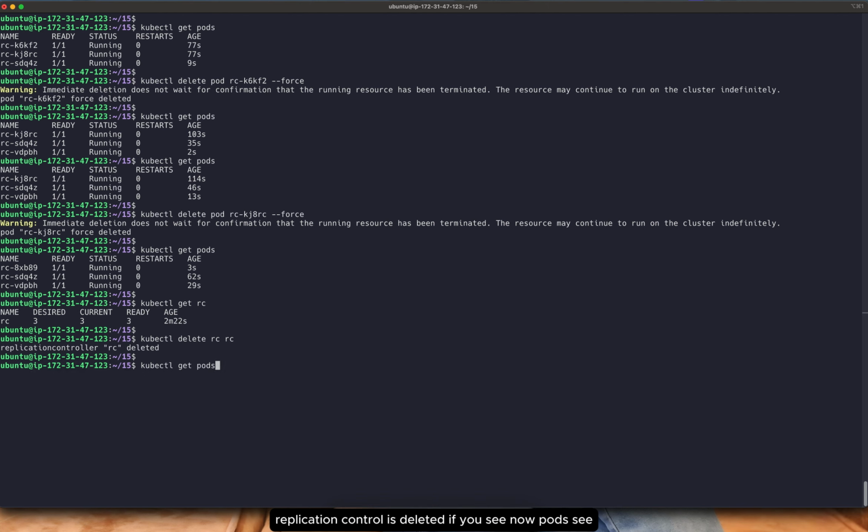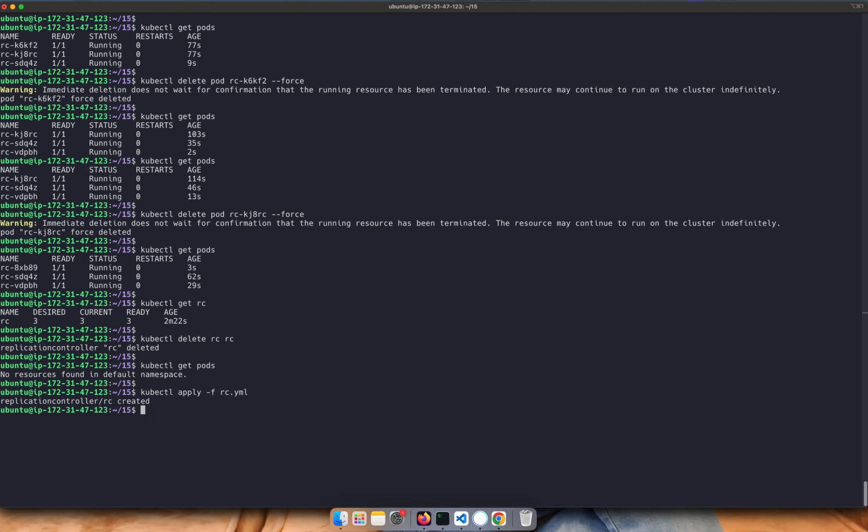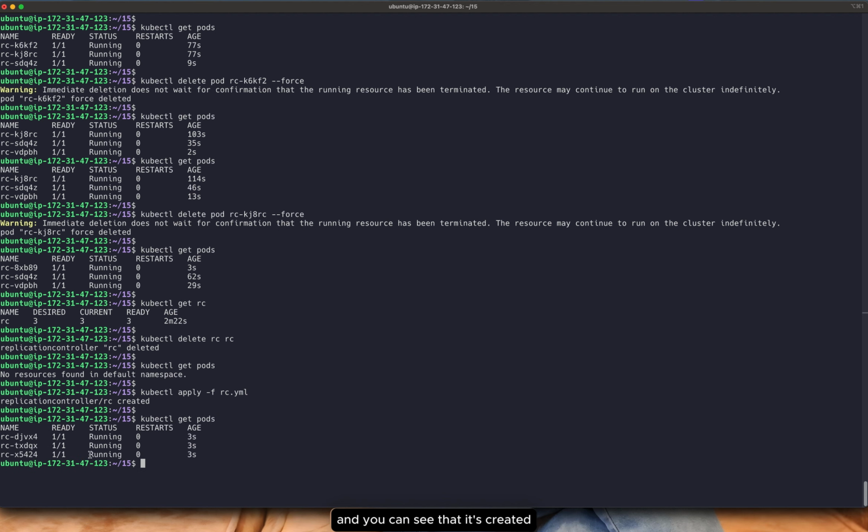If you see the pods now, whenever the rc, I mean the replication controller, is deleted, then only the pods will be deleted. Whenever a pod is deleted, the replication controller will recreate that particular failed or deleted pod again. That is the main concept here. We need to understand about the rc. Let's apply. I just created it, and let's see the pods again, and you can see that it's created